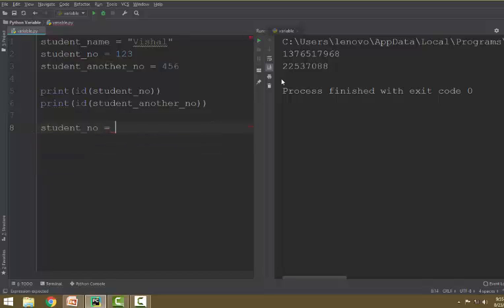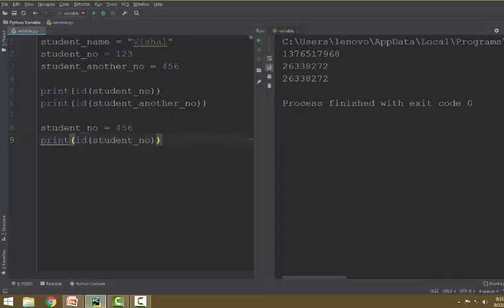Now let's discuss the same portion with minor modification. If I write student_number is equal to 456 and then try to print the memory address value, let me run the program. Initially it was 13765179968, which means it is the memory address where 123 has been stored. Now further, student_another_number is equal to 456 and the address of student_another_number is